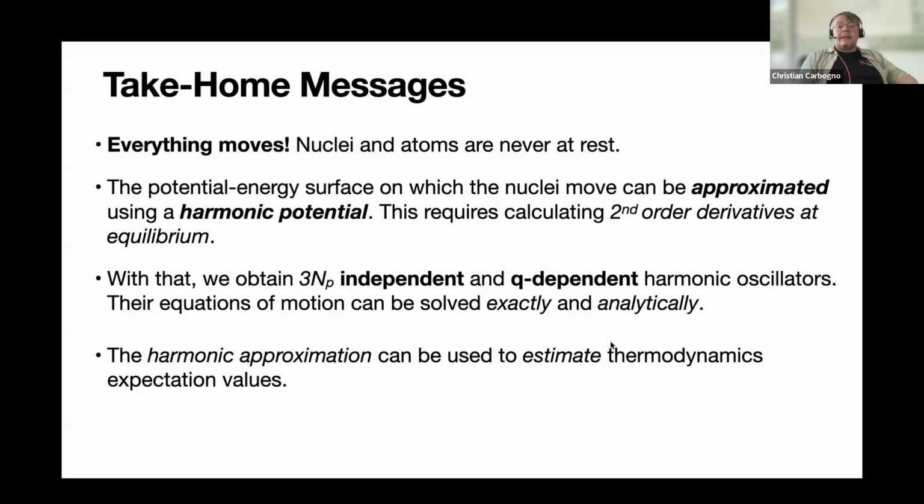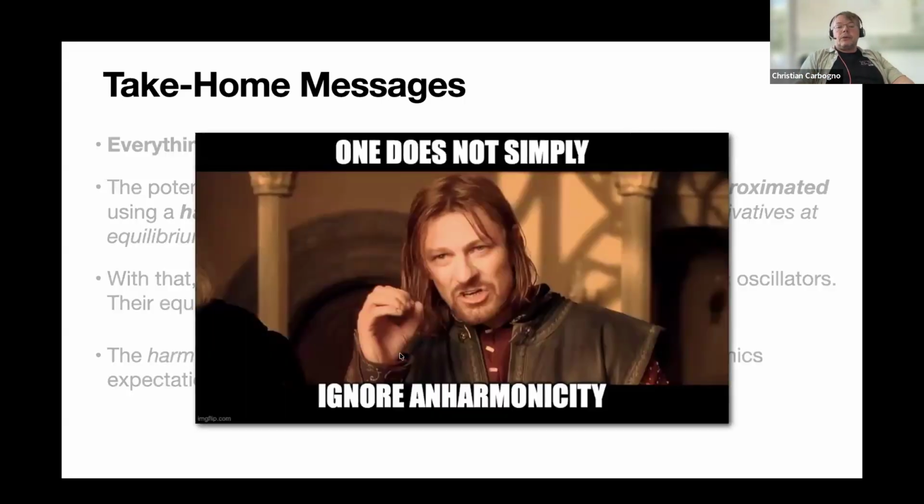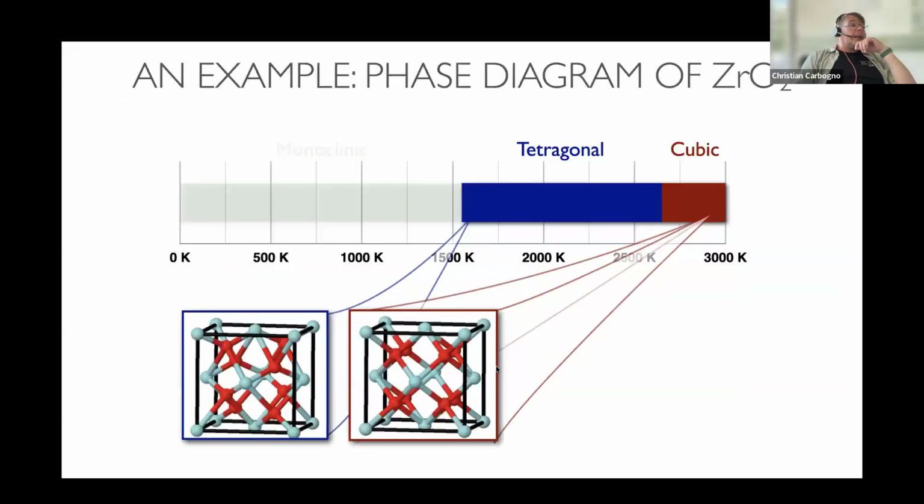Still, we have to remember that the harmonic potential is an approximation. As we've shown in the very beginning, this is an approximation that holds well when we are close to equilibrium. But if we get far from equilibrium, this approximation can get bad. And that implies that we get errors. And deviation from this harmonic approximation we usually call anharmonicity. And these are effects that can become important and that have to be accounted for. I give you an example by sticking to zirconium oxide.